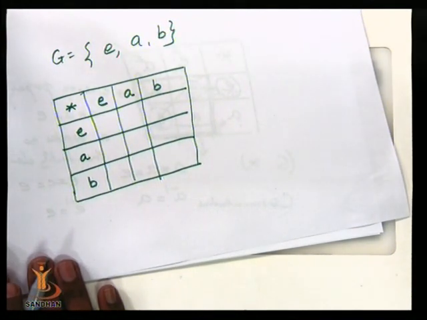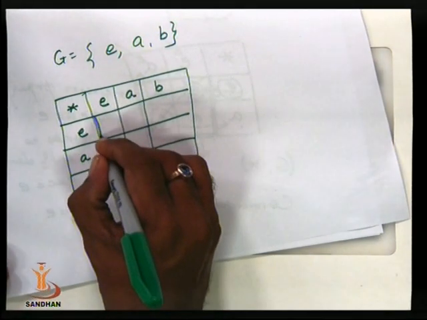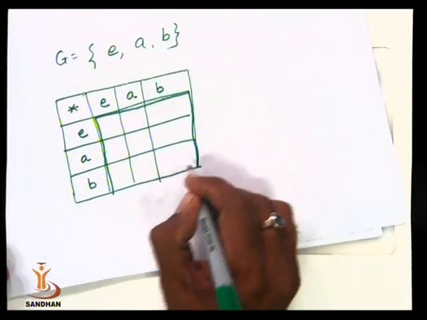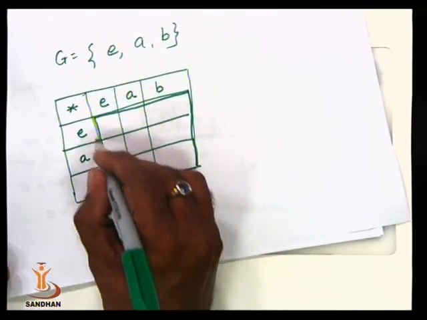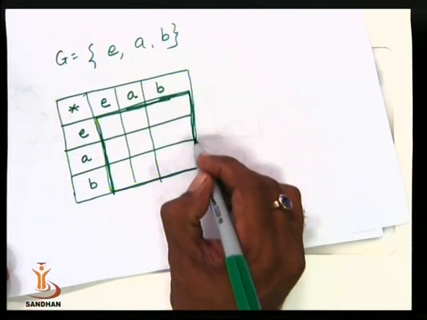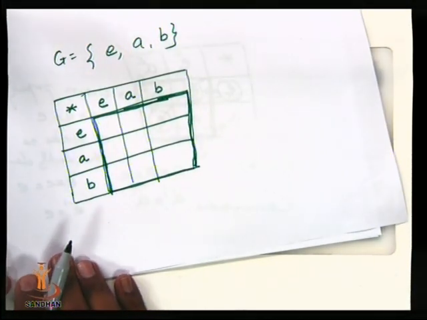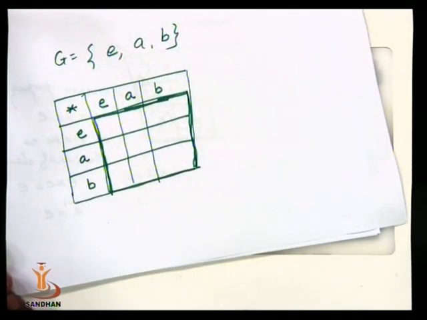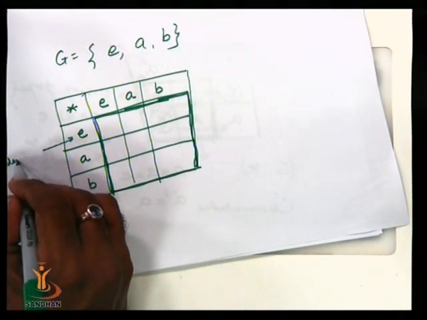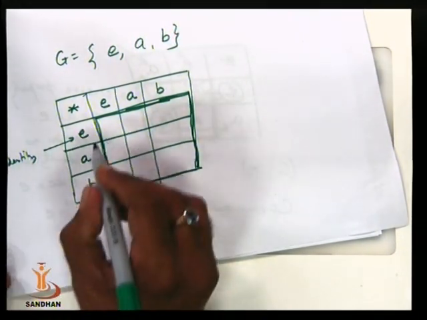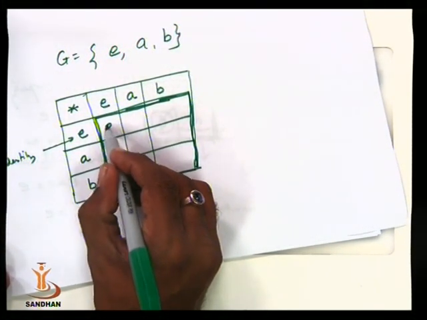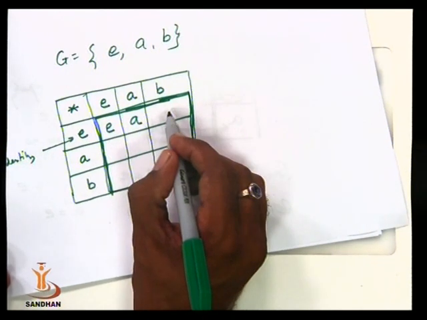A, B. And now this part is this 3 by 3 matrix. We call it our operational part, meaning after applying the operation on all the elements of G, whatever we get is this part. Now we know that this E works as the identity element, so definitely the first row will be the same as this row. It will be E, A and B.